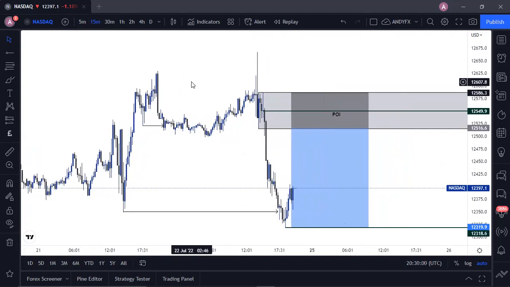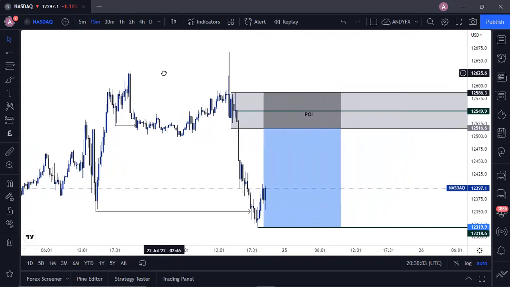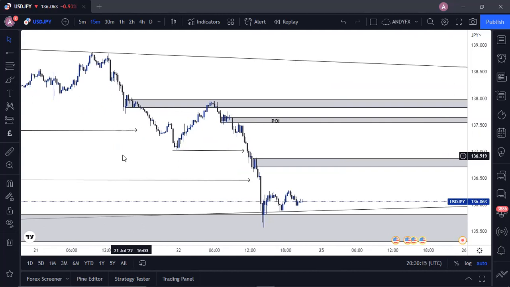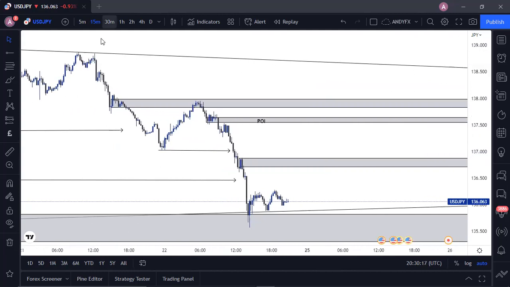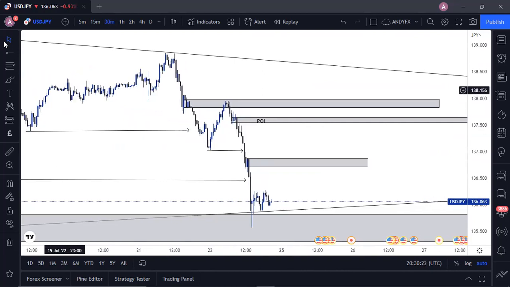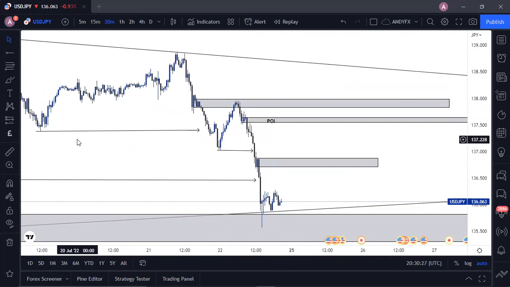So this is what I'll be looking for this upcoming week on Nasdaq. Before we go, let's see. This is another thing. This is my USDJPY. I don't usually trade the currencies, but I find them very interesting when it comes to trading it. As you can see here, it broke the structure twice. So I'll be waiting